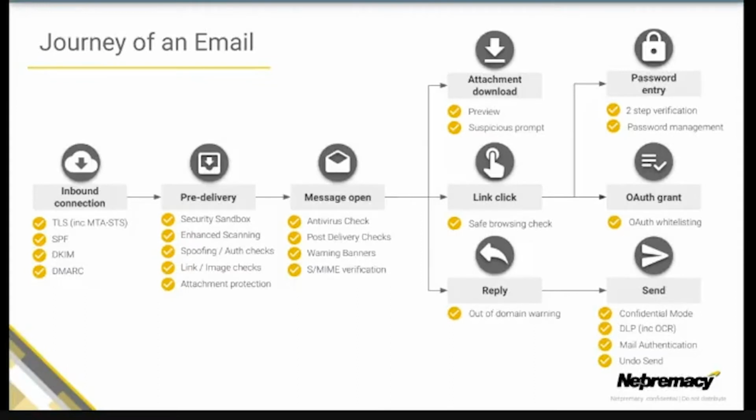Then we look at the actions of a user, from opening the email, to clear warning banners for anything deemed suspicious, and then on to what's actually included in that email. Many of these have been checked at the pre-delivery stage, as we've mentioned, but there's a secondary layer of defense once it's in the hands of the user. For example, attachment protection or link clicks, and even where those may lead to, as represented on the right there, with password entry and granting access to all services.